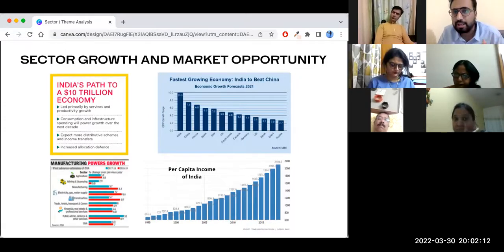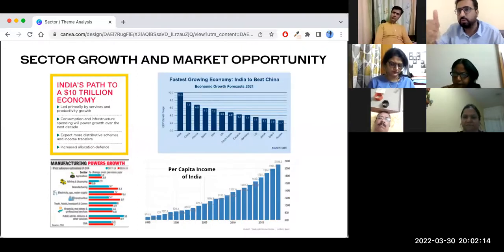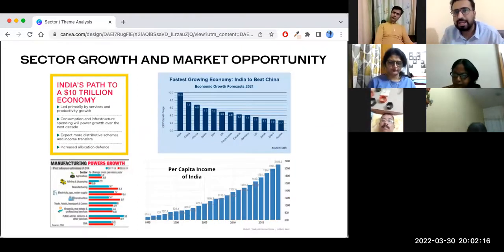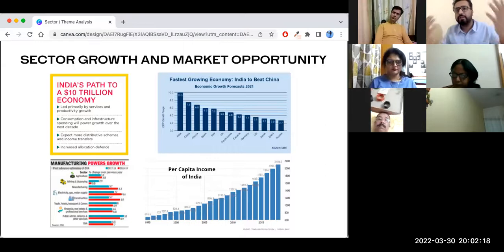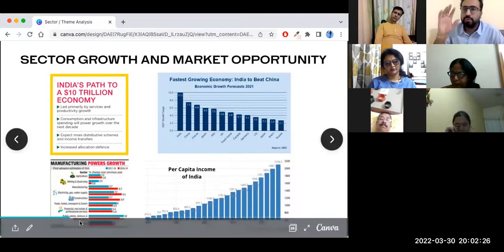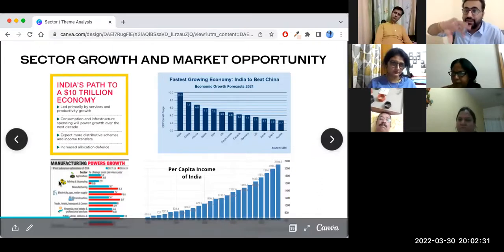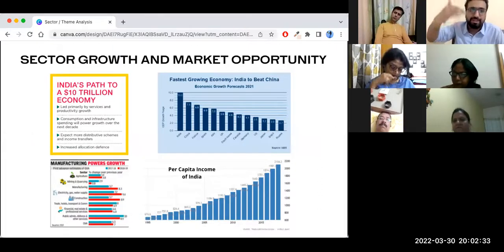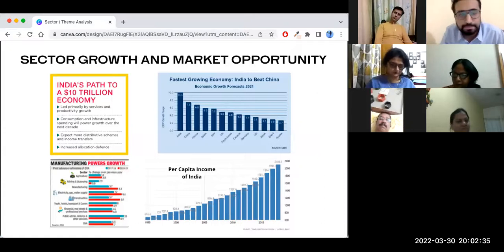The per capita income of India is also increasing. Very good signs, because when per capita income increases, spending increases, and once we hit the threshold, all the sectors start getting benefit out of it, right? There are also some sectors where growth has not happened in the past, where growth will continue to happen or will happen in the future. Prime example being manufacturing, right?